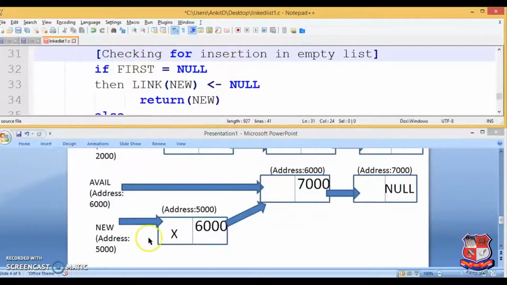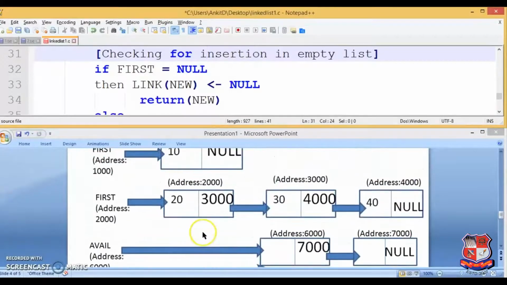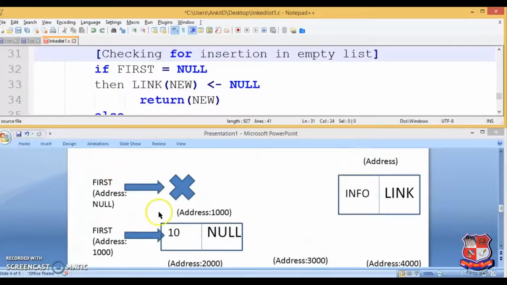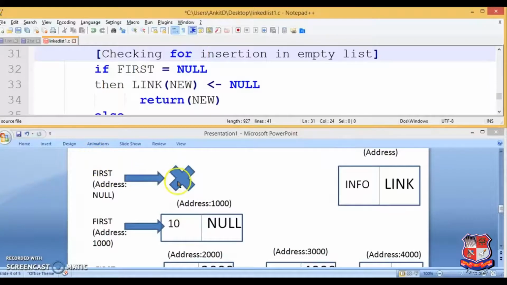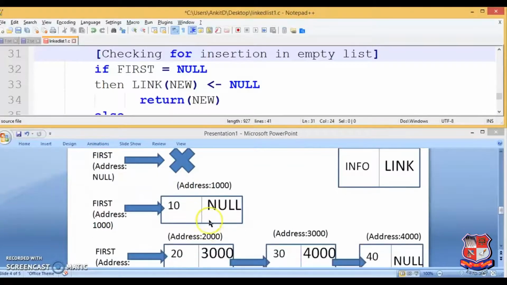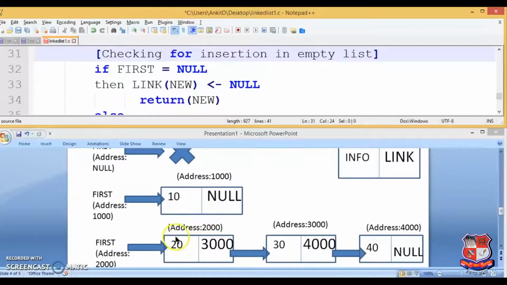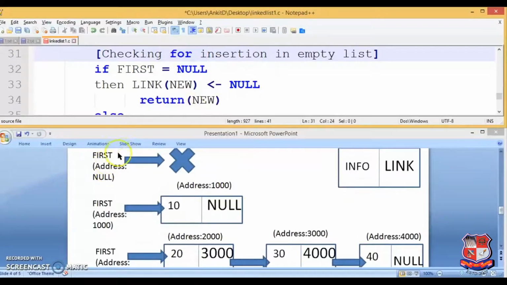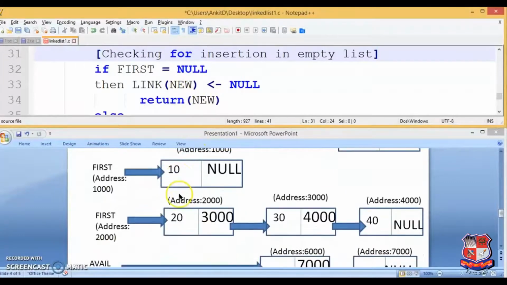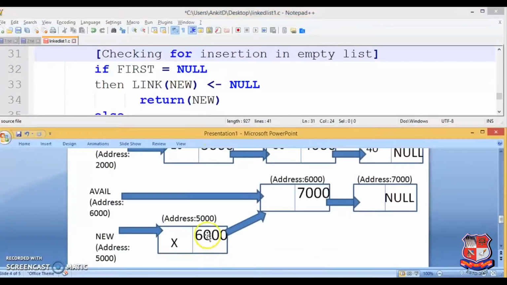Now checking for insertion. We have a new node with us which is free from avail, and we can insert it. Insertion will have 3 scenarios: either the first node is empty, or it has a single node, or it has more than one node. Checking for insertion in an empty list: if first is null, then link of new would be null. So the link part, the 6000 part, will become null and it will return new.